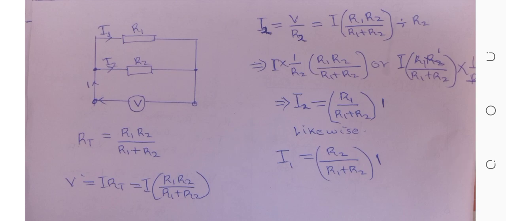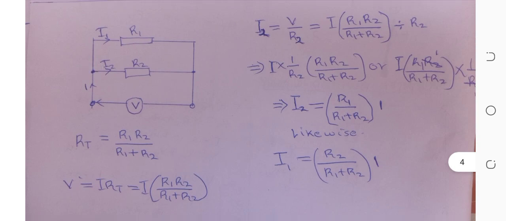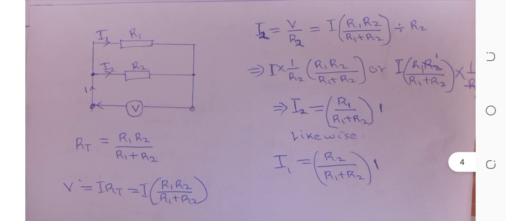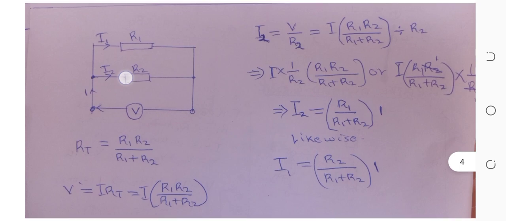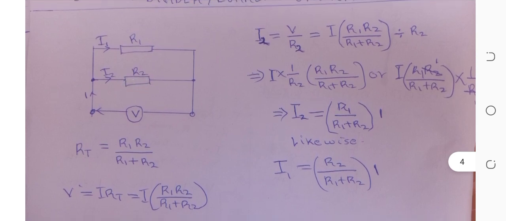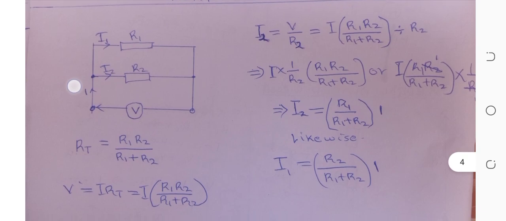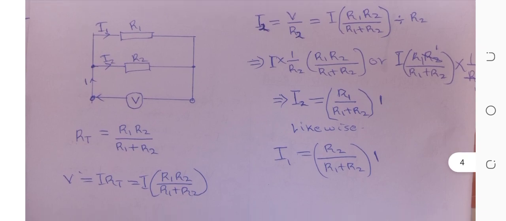So likewise, I1 here is equal to R2 divided by R1 plus R2, multiplied by this current that is entering. So that's how we find the current that is passing through a single resistor, having two resistors in